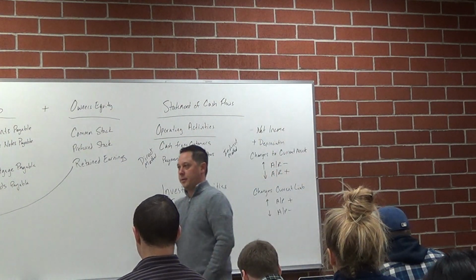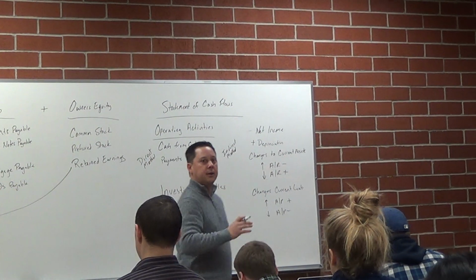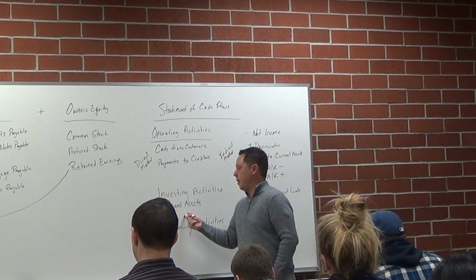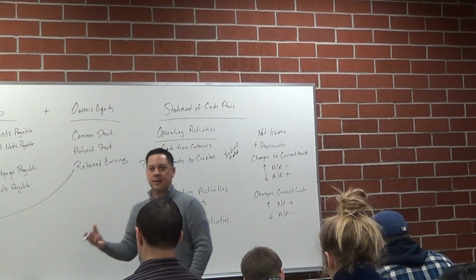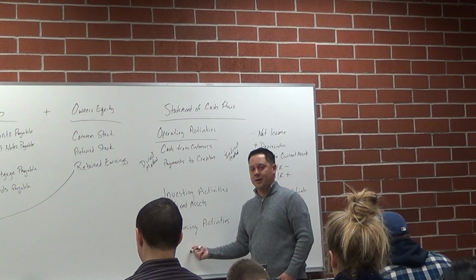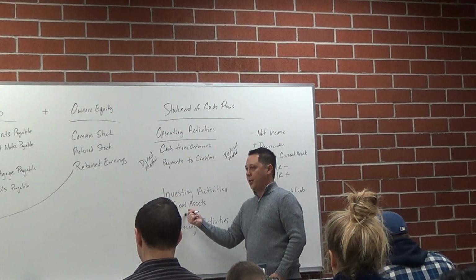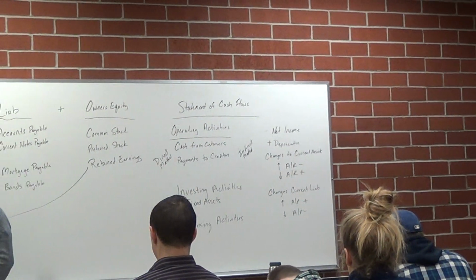If I purchase a building, that's cash out. Land, those type of things, same thing. It's what I'm going to use for my operation. So I'm investing in my operation. That's why it's called investing activities. Even though it seems like it might be financing, because that could be financing part of it, it's not. That's what we're looking at here is that investing activities that we are using, buildings, land, those type of things,